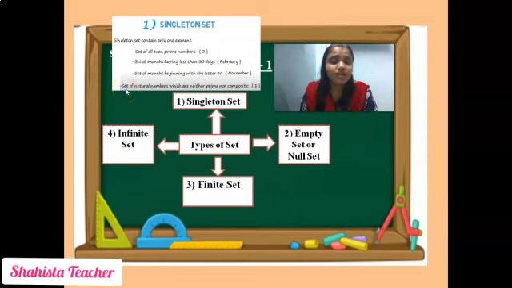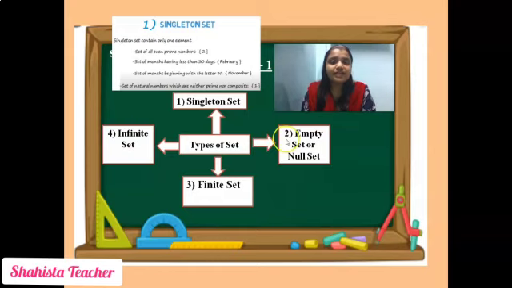Now last condition, set of natural numbers which are neither prime nor composite. Very easy. One is neither prime nor composite number. So singleton set. Open the curly bracket, inside that curly bracket write 1 and close the curly bracket. So these all are examples of singleton set. So what is singleton set? Singleton sets are those sets which carry only one element. Such sets are known as singleton set.